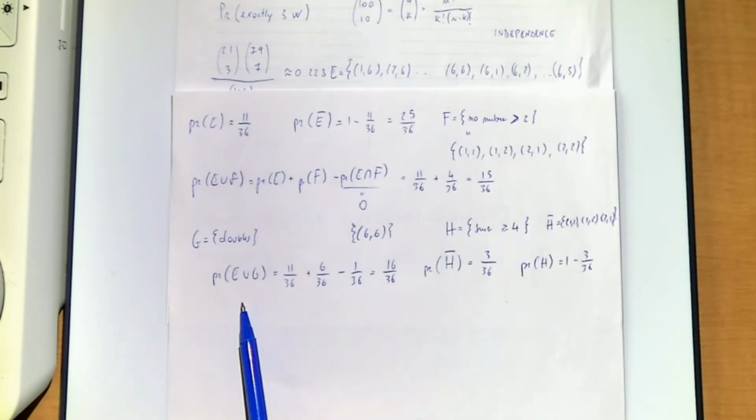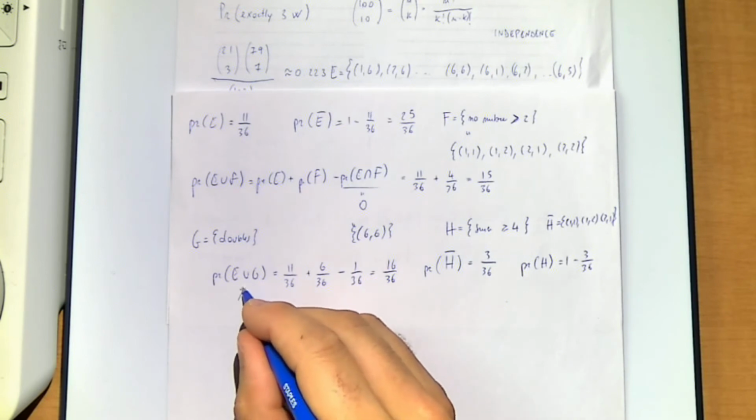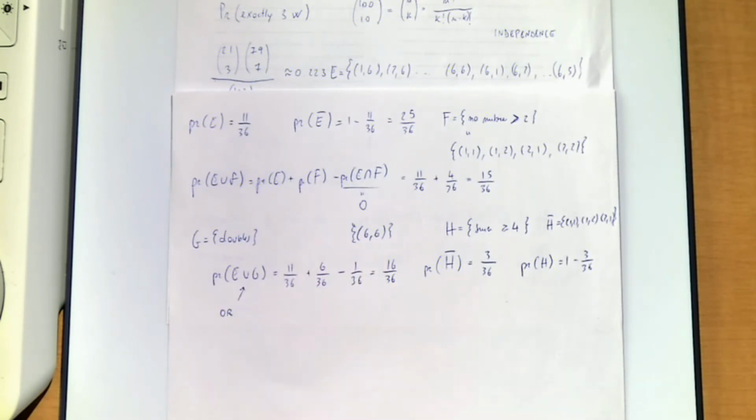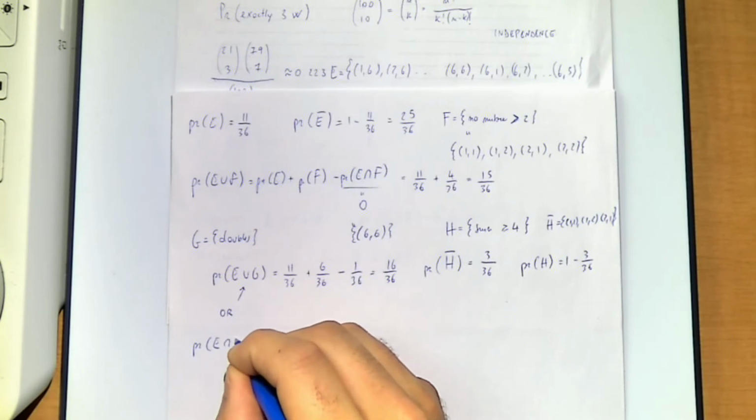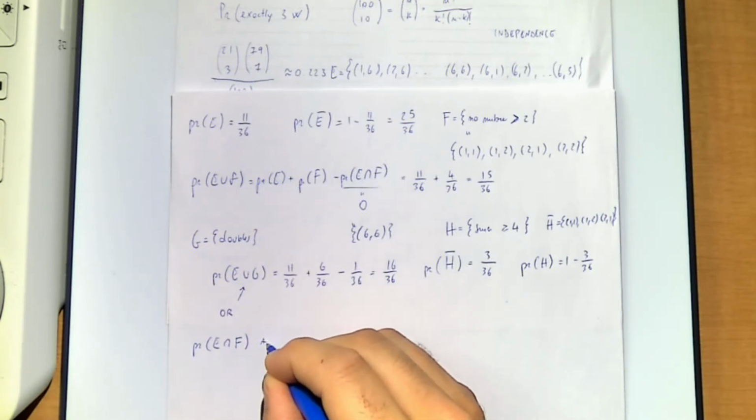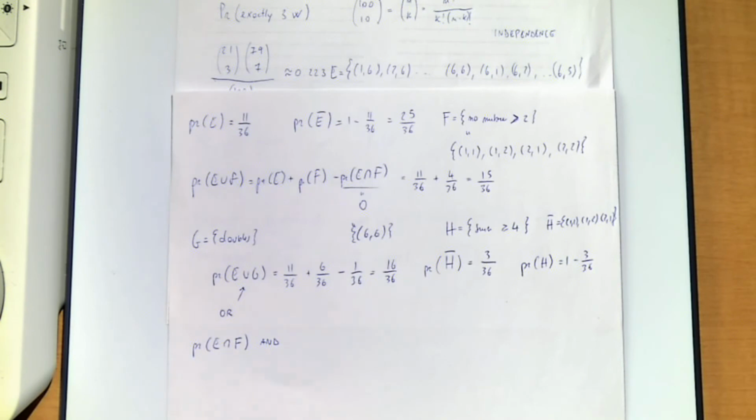Okay? So what we're seeing is that a union corresponds in logic to the OR, right? And therefore the intersection of two events corresponds to the AND. I'm saying this because so far we've been talking about sets and writing out all the dice and whatnot. But of course, in real experiments, you cannot consider that. So we need to know what this stands for. And this is the bridge between set theory, logic, and probability. So the probability of the intersection of two events means that both happen. That's why you have an intersection.